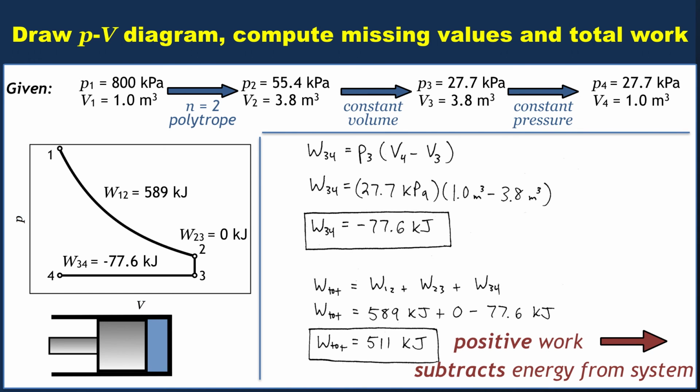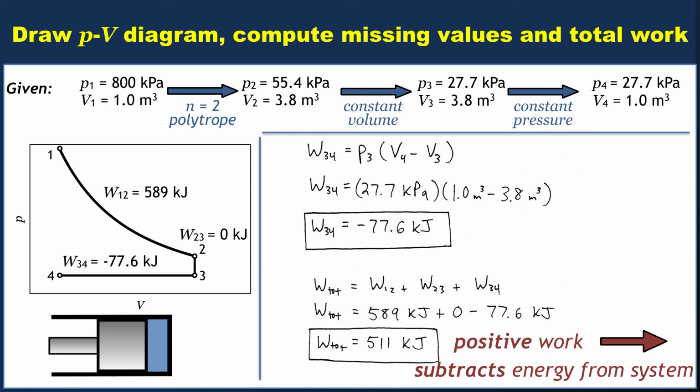If you look at our PV diagram, this should not be a surprising result. After all, state 1 started with a high pressure at some volume. By the time we got around to state 4, we had a much lower pressure with the same volume that we had in state 1. So somehow we got rid of all that pressure. Well, the way we did it was to do work in such a way that we subtracted energy from our system. That's how the pressure got lowered.